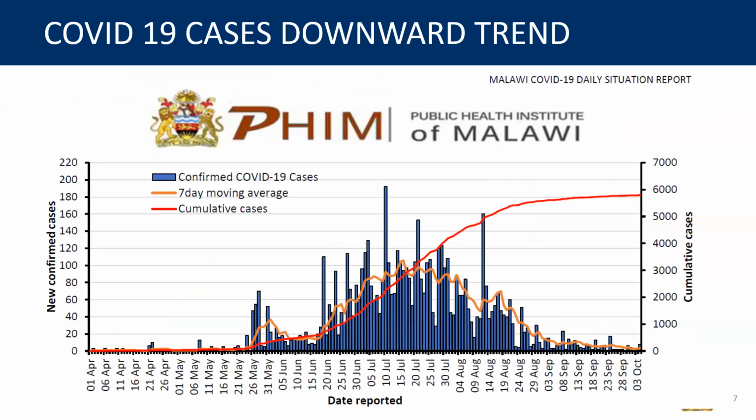When you look at the trend, clearly you can see that in Malawi, we started reporting spikes of cases in May, and we had huge spikes in June. This is a period when we had the campaign rallies preparing for fresh presidential elections. And clearly you can see that immediately after elections, we started having huge numbers of cases as well as deaths being reported.